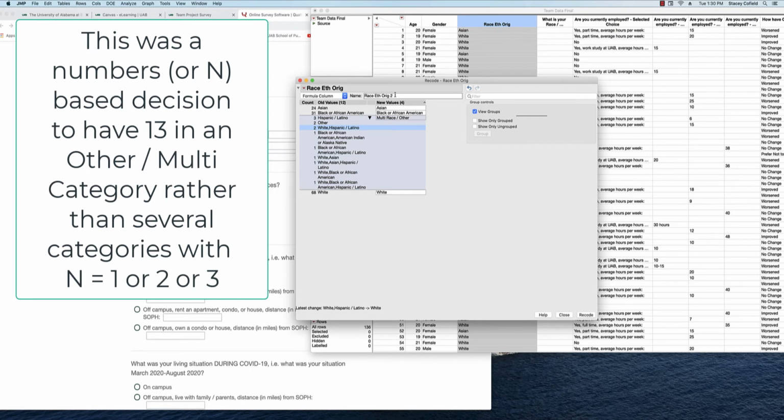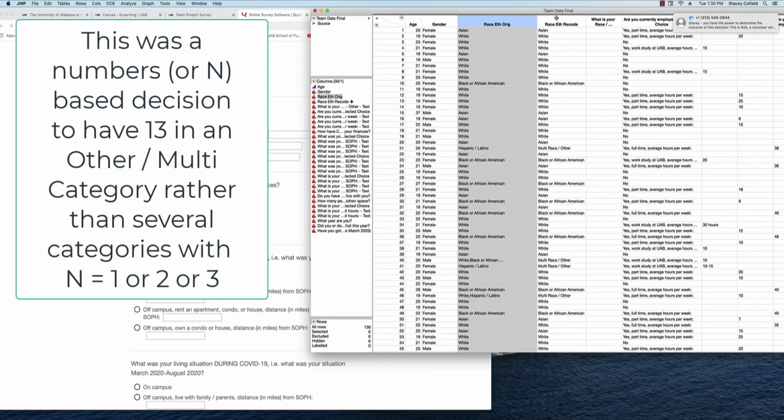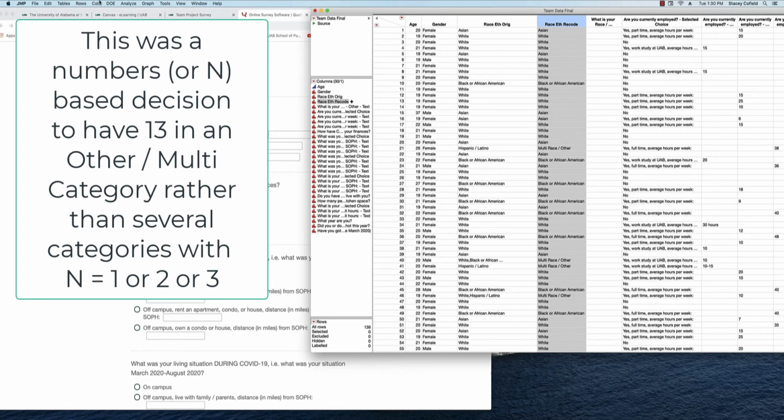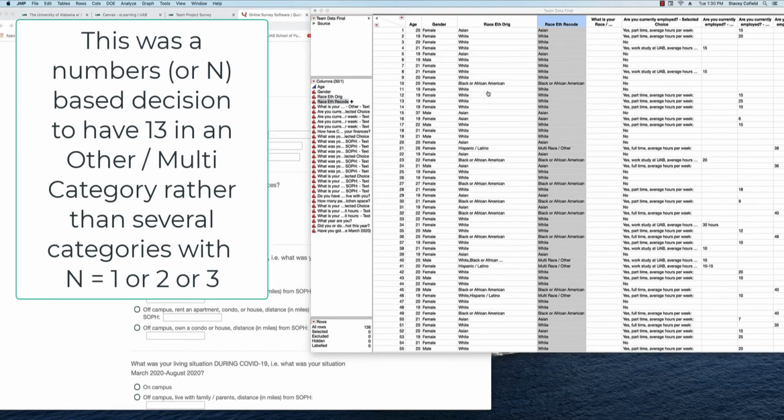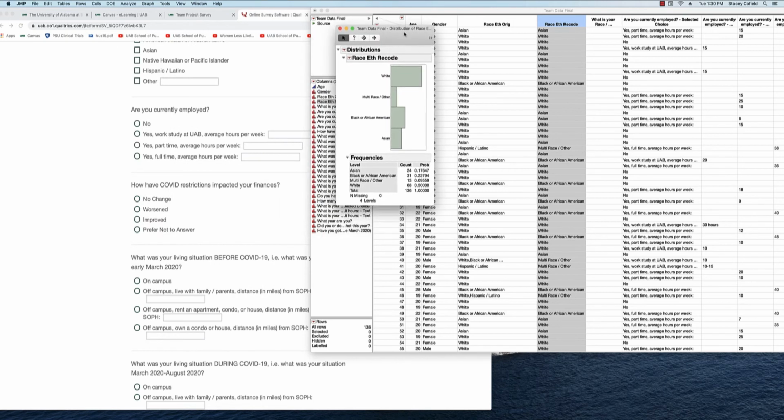I've got a formula column. I'm going to go race, ethnicity, recode. Just be clear about how you classified race and what decisions you made. And then I can do a distribution and look at my new race variable. And so this would be more appropriate to utilize for analysis rather than having a number of columns with a